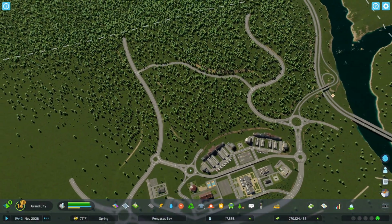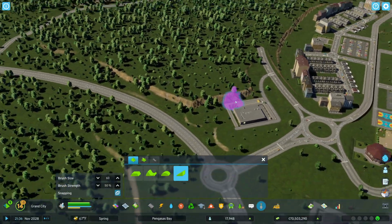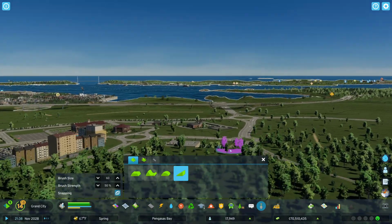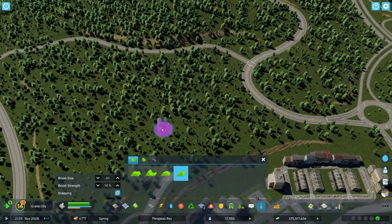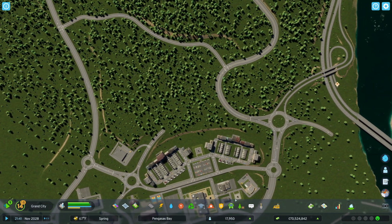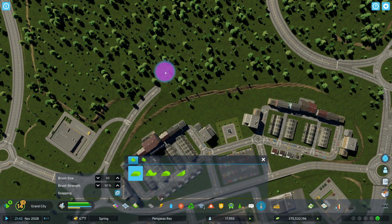Let's build out a road network for that now. And this will give us the opportunity now to come in and again, build some homes that are going to be overlooking this whole Bay Area there, and you don't have to see the post office. All right. So another thing I want to do is I want to drop some high-rise type stuff back in here. So let's maybe grab this terrain tool, and we're going to...